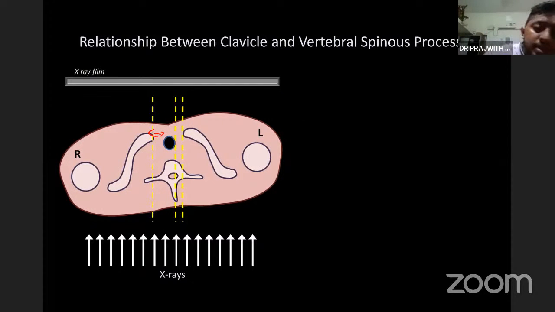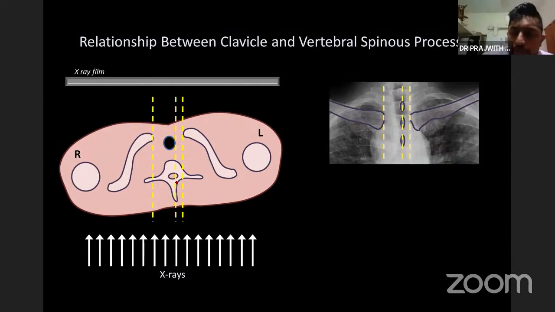Now, whenever the left is anterior, the distance of the left clavicle will be lesser from the spine. For example, in this image, what has happened? The distance of the left clavicle is lesser. That means that the left side has come more anteriorly. Okay, the left side is present closer to the film. So whichever side is closer to the film, the distance between the medial head of the clavicle and the